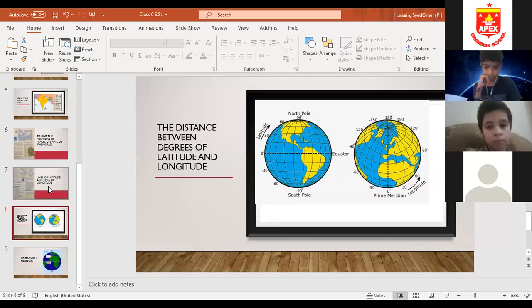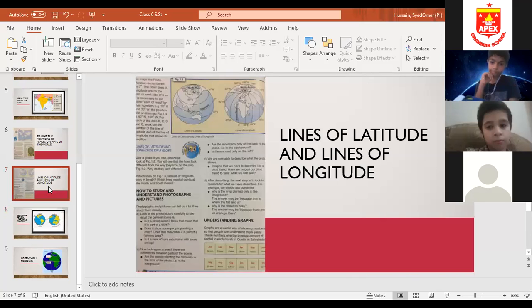Okay, so now returning to this page, that is the lines of latitude and lines of longitude. Do you understand what you mean by lines of latitude and lines of longitude? If you are having a globe, you can look at the lines of latitude and longitude on a globe. Use a globe if you can. Otherwise, I'm reading page number 6, this paragraph: lines of latitude and longitude on a globe. Use a globe if you can. Otherwise, look at figure 1.5.